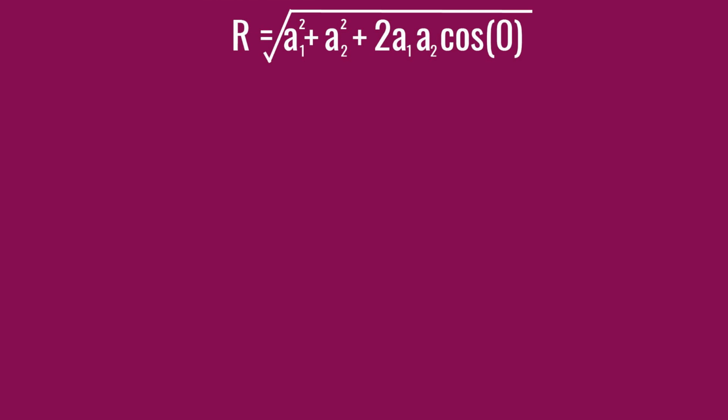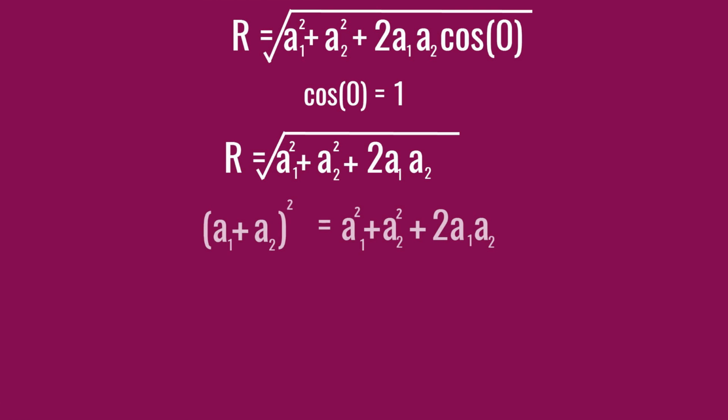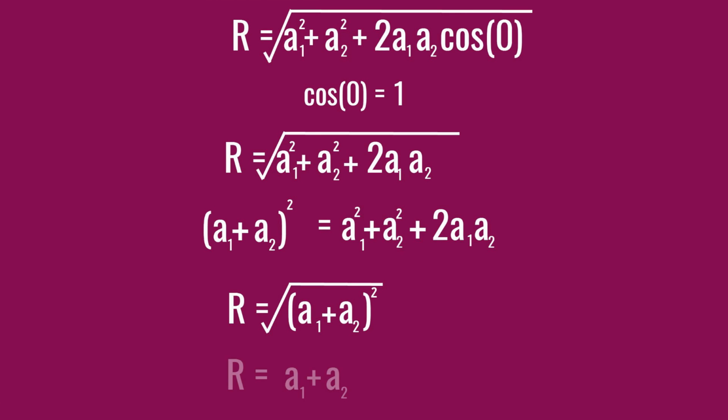As cos of 0 degrees equals 1, R equals square root of A1 square plus A2 square plus 2A1A2, and we know that (A1 plus A2) the whole square equals A1 square plus A2 square plus 2A1A2. Thus the resultant amplitude becomes R equals square root of (A1 plus A2) the whole square. As square and square root cancel each other, finally we get the resultant amplitude as R equals A1 plus